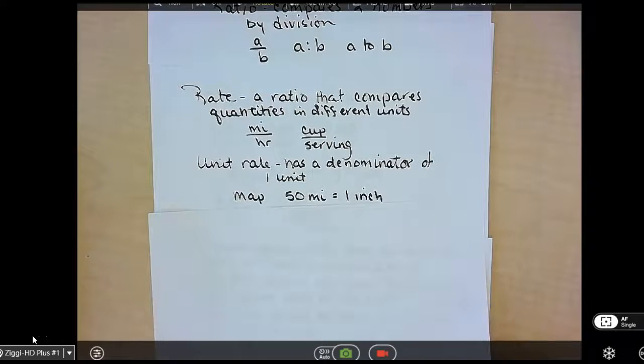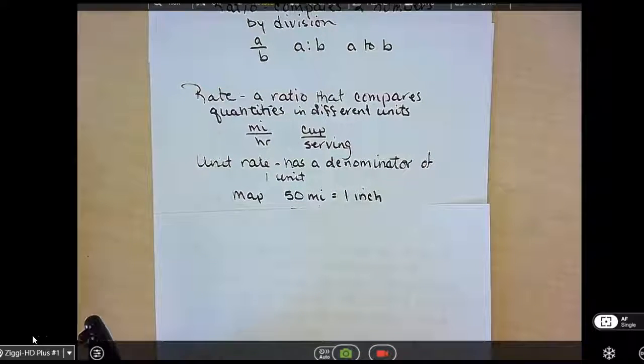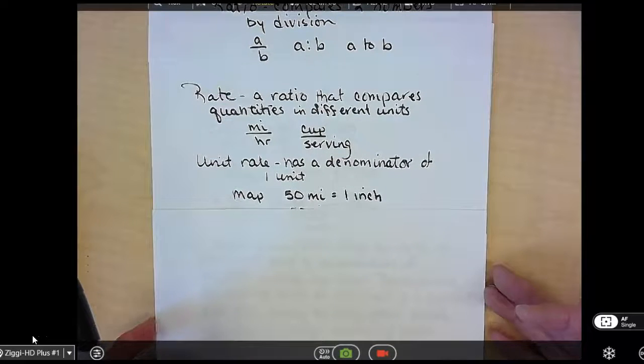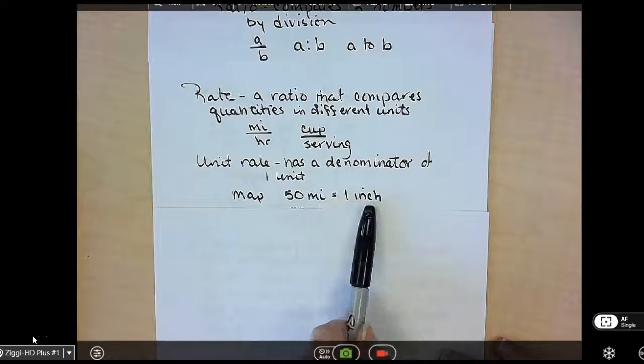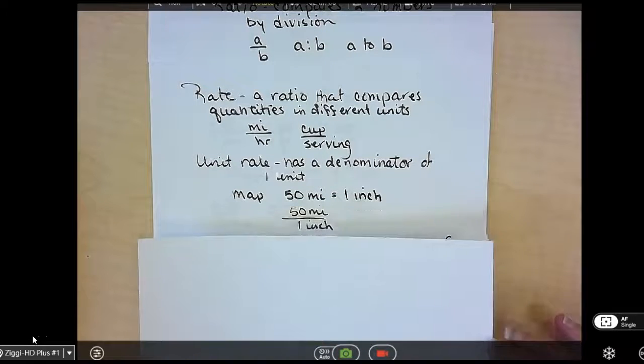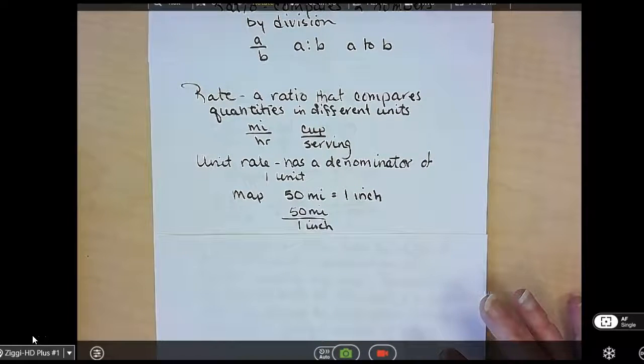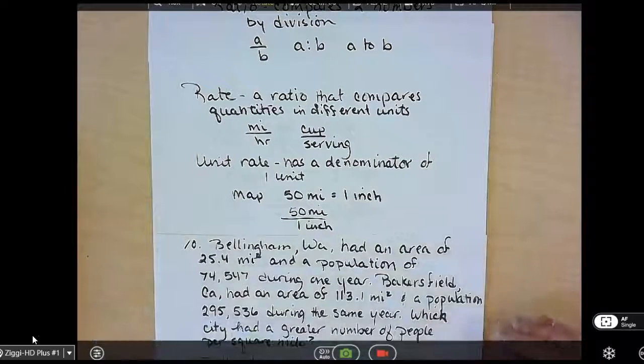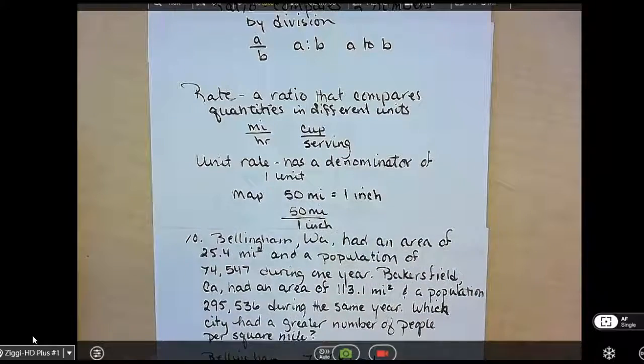So on a map, you always have an actual unit. 50 miles is 1 inch. So if we wrote that as a fraction, 50 miles over 1 inch, then that is your unit rate. The inch has to just be in the denominator. So if we look at a sample problem of that,